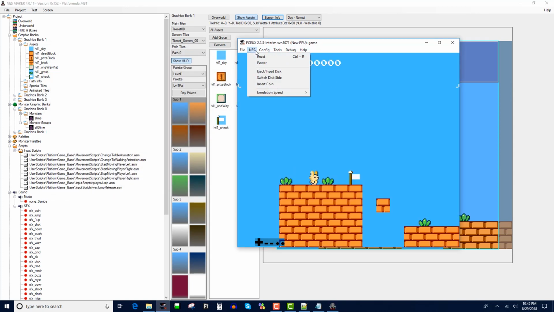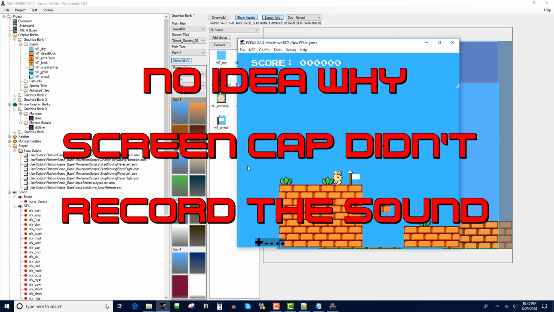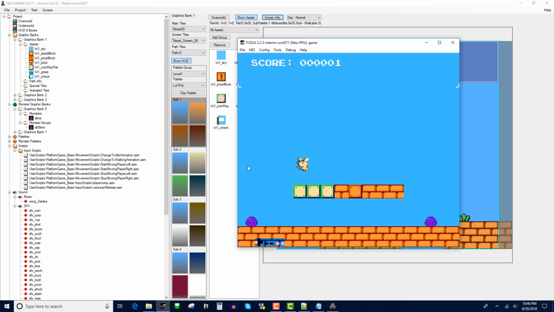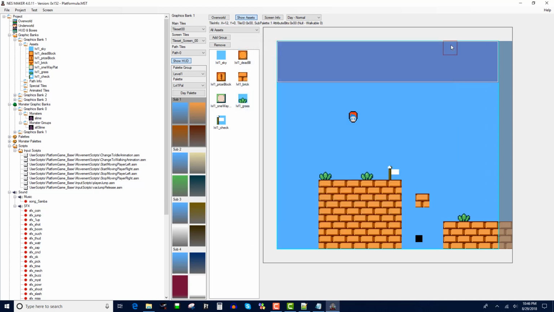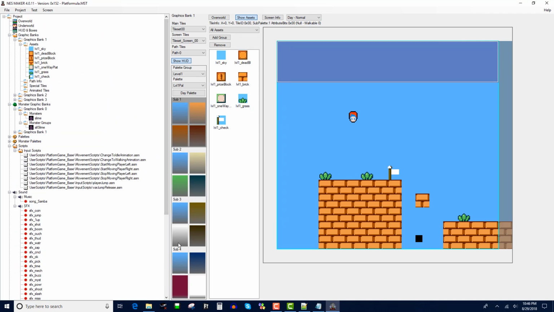Yeah, it's there. It's just very quiet. So sound. So that's super fun. And it doesn't know what sound to play when I die, and that's why I'm getting this horrible craziness here. And so we want to make sure that I have a sound effect set for death if I want to play a sound there. I believe what happened was it actually stops the sound when I die, and that might